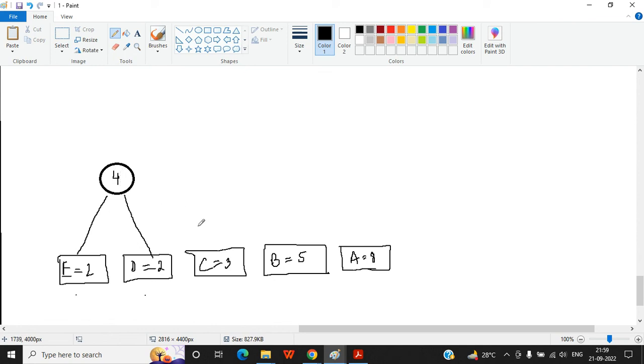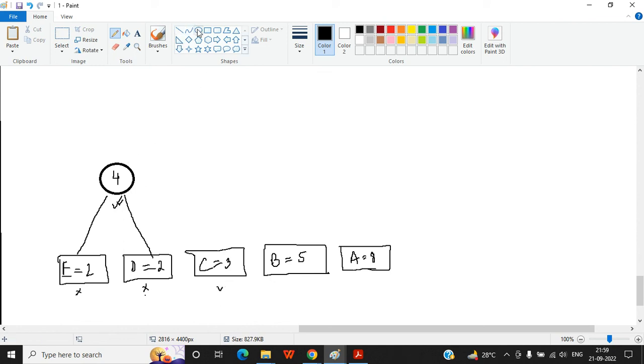Now during the process you will not consider these two nodes anymore. You have to consider this new node along with the remaining three nodes. Now again take the next two smallest nodes, that is 4 and 3.